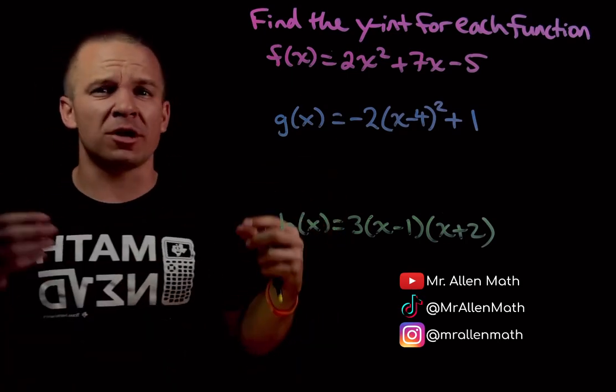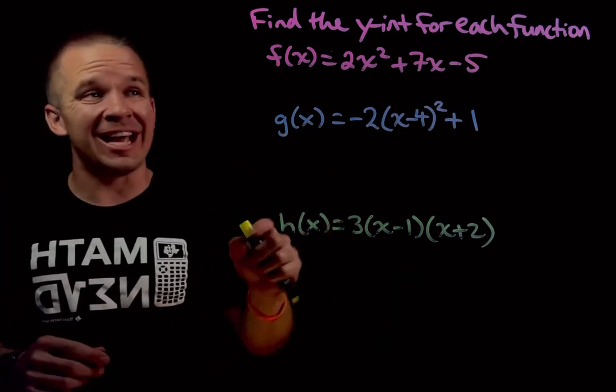We're going to find the y-intercept for each one of these three quadratic functions. All right, first one here is called standard form or general form, and actually, this is the easiest thing